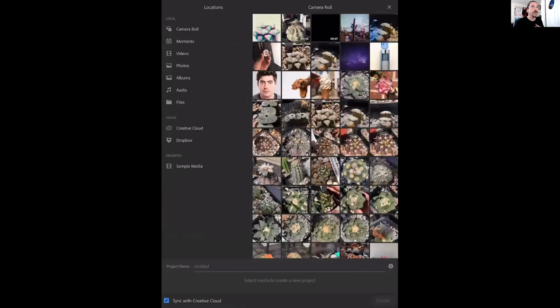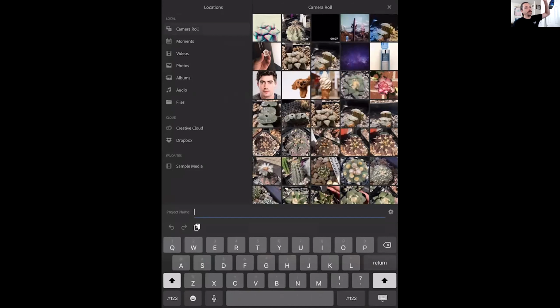And the very first thing you should do before you even start picking your pictures and videos is name your project. Otherwise, you'll end up with this grid of untitled, and 3 months from now, you'll be frustrated looking at your untitled projects. As Brian always says, untitled doesn't mean a lot to me, other than that I did a bad job naming things. All right, I will name this Rush Demo